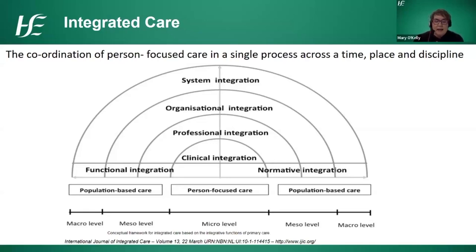So with the right balance then of functional integration, so human resources, finance, data sharing, and then normative integration. So examples of normative integration include motivation, shared cultural values, and trust. And that then ensures the connectivity between the levels. The Netherlands has also focused, similar to Sláinte Care, on primary care as the first contact, that first level of care philosophy underpinning service delivery, and also on the broad intersectoral collaboration. So next slide, please, Kira.